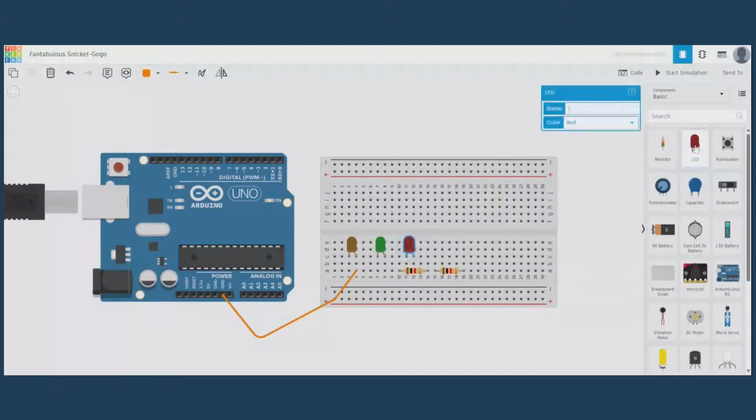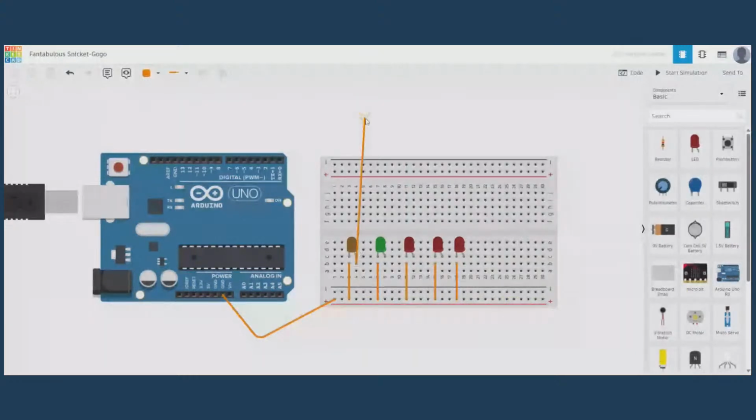If you want, you can change the color of the LEDs also, but I'm not going to change the color of it. So all the negatives, I'm going to make common over here. And the positive should be